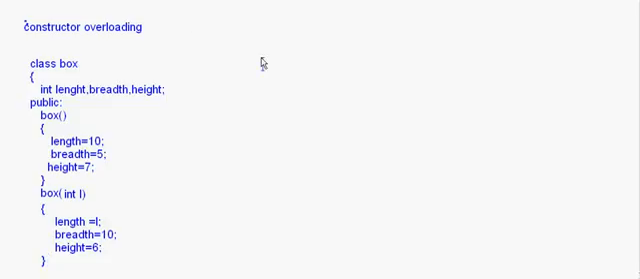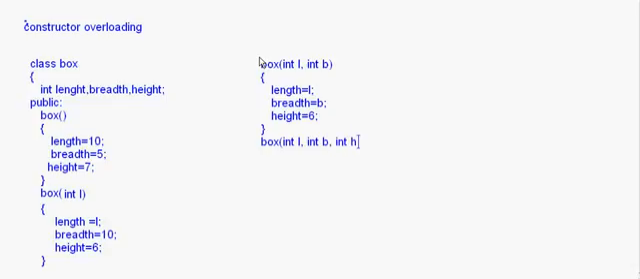Now let's write one more constructor in which I say int L comma int B, like this. Now here I say length is equal to L, breadth is equal to B, and height I give as 6 again. Box again, and here I write int L comma int B comma int H,